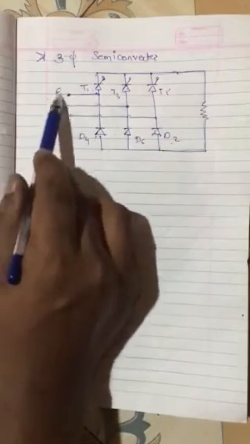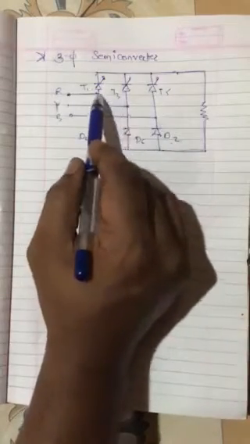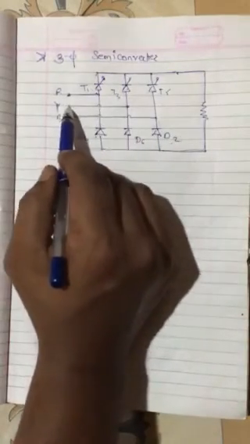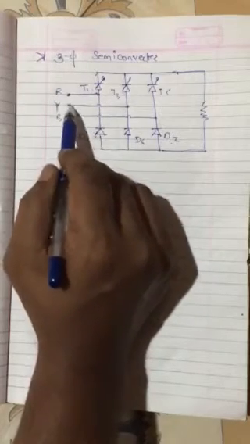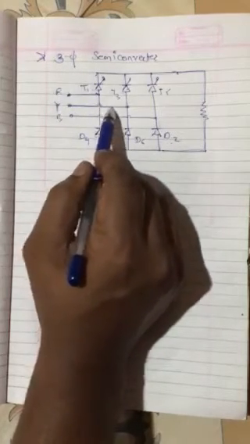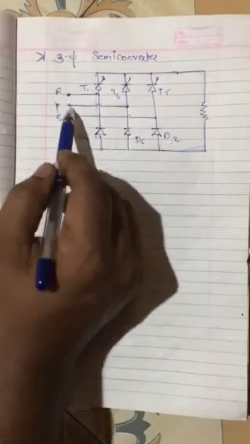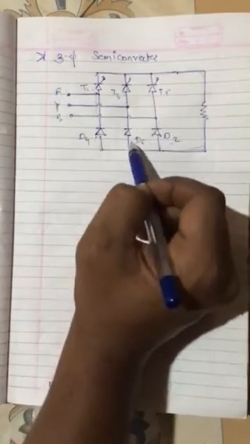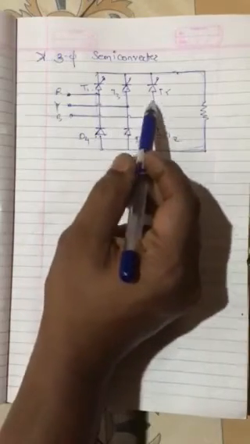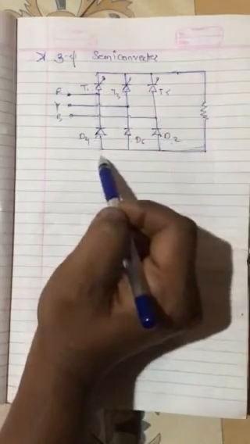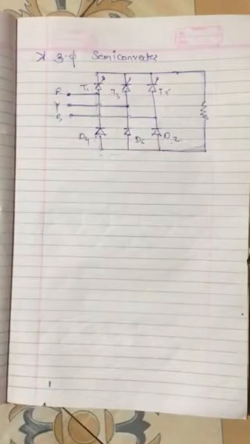In the next cycle, when T3 and D4 are on, the supply will start from here, YB will be there, RY in the picture. So it will start like this through T3 to the load, and come back through D4 to complete the path. So VRY, and when VY is there, T5 and D6 will conduct. The supply will start from here, go through T5, through the load and through D6, and complete the path like this. This is the basic function, and it is very important because similarly you will have to study it for full wave and even for an inverter.